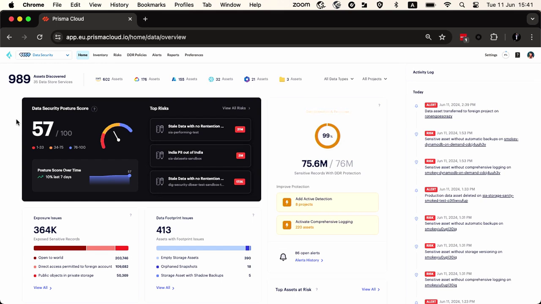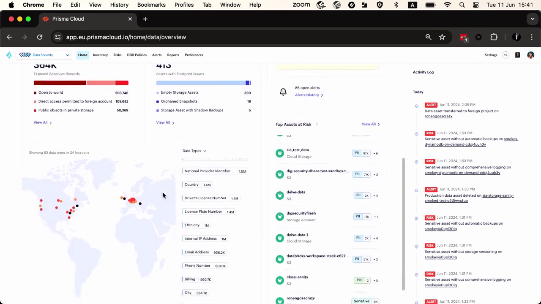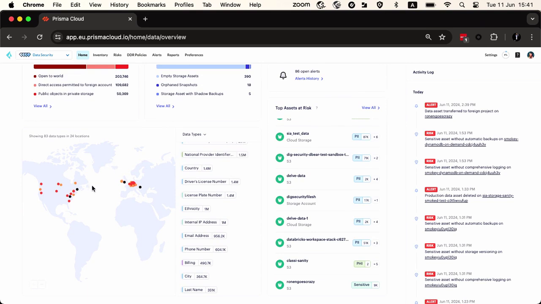That score essentially enables us to analyze and visualize what we have across our environments. What is the risk analysis across our environments? And all of this is built on the premise that we start analyzing each piece of data store that you have. We'll highlight exposure issues and data footprint issues and assets that are not being protected properly. And of course, we'll give you a map of any piece of data that you essentially have across the world and across your environments as well.